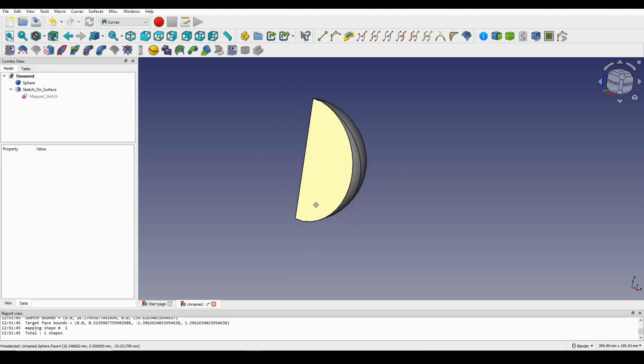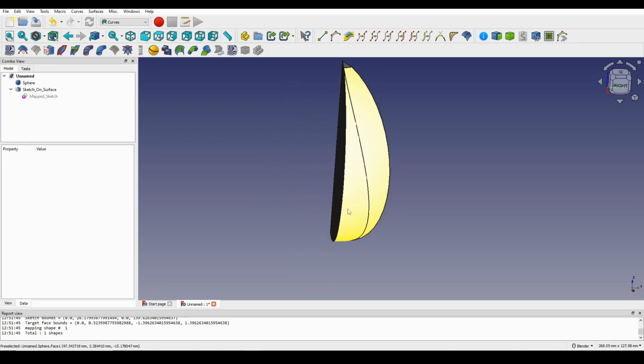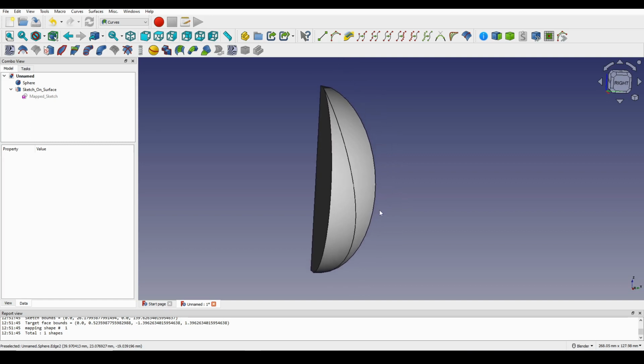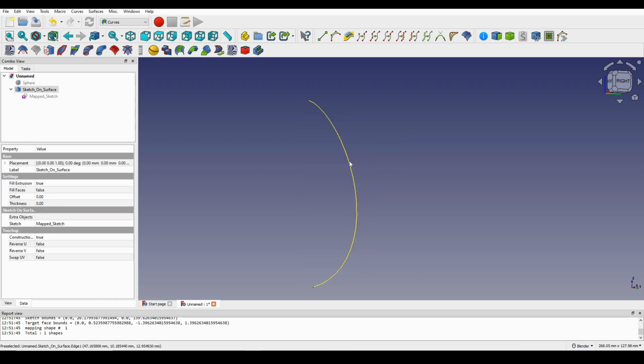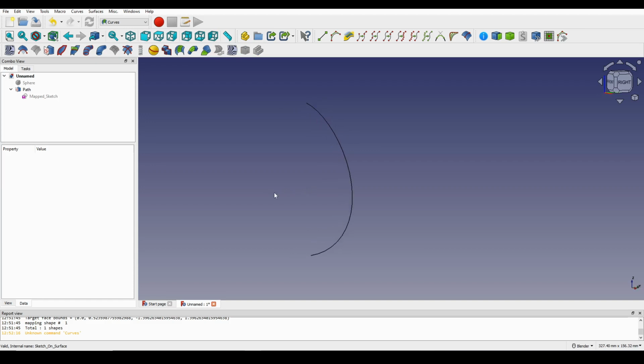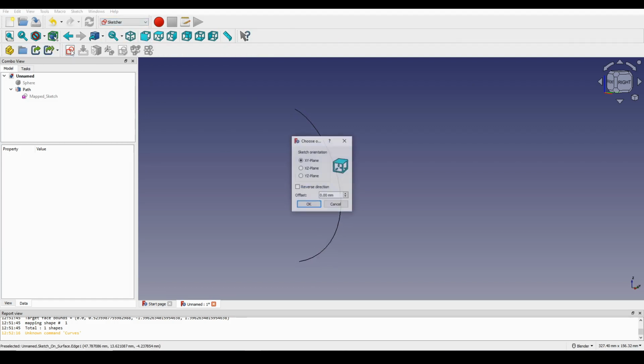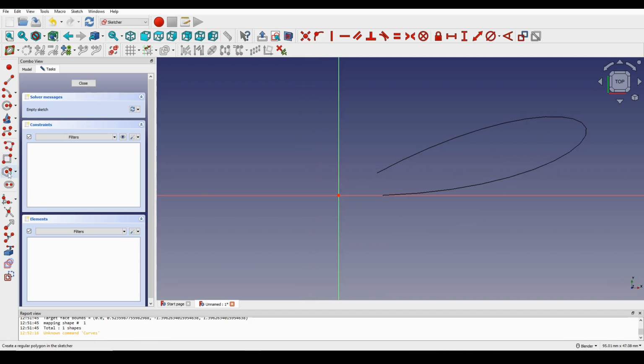Alright, next I will create a profile, because I will use the sweep in the Part Workbench to sweep along this curve right here. So I will call this one, I right click and rename it to path. Enter. What we need now is another profile to sweep along this path. I go to the Sketcher and create a new sketch on the top view, or any view is okay. I will use the top view, and I will create a